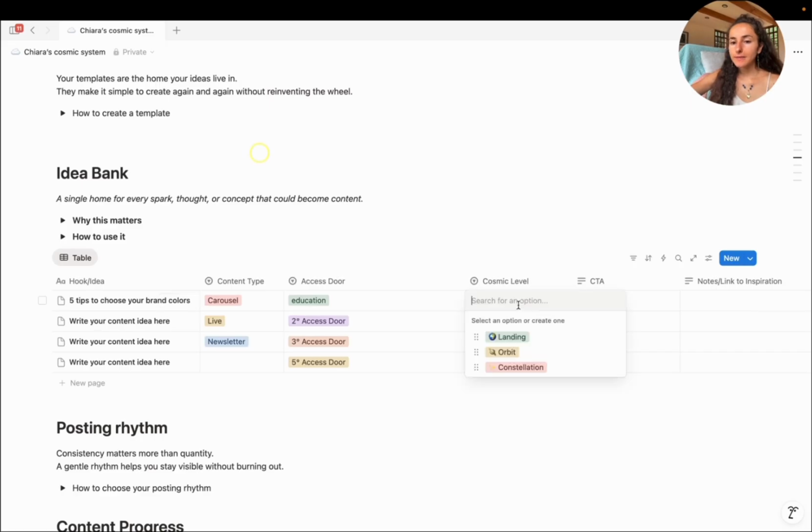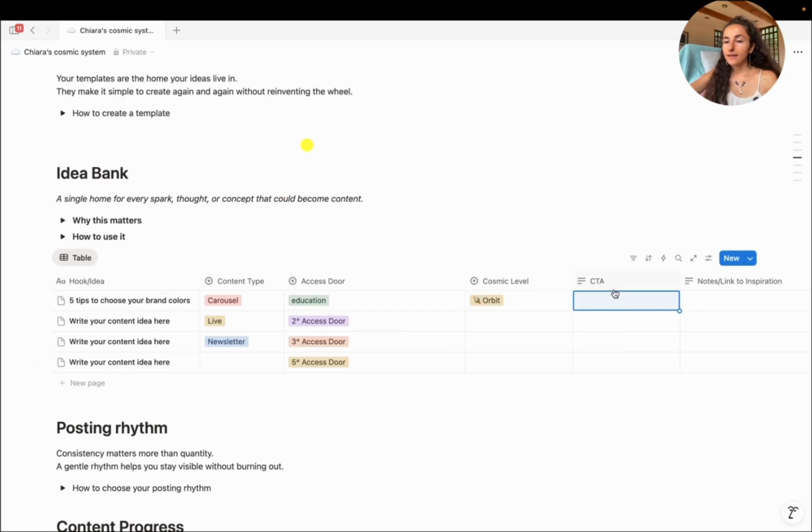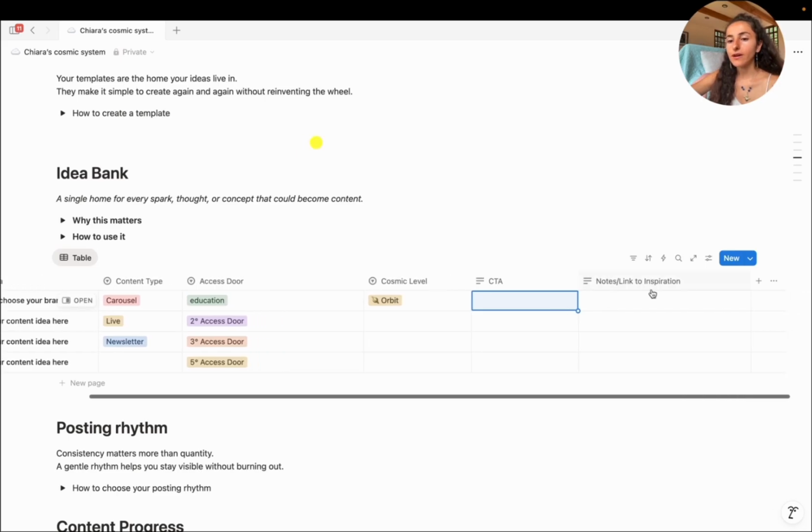And then, what cosmic level is this post, this idea, operating on? Landing, orbit, constellation. I think for me it is orbit in this case, because I'm nurturing my existing following. And here you can also add a CTA if you want. I think it's always really important to add a CTA to lead people somewhere. And then you can put notes, a link,